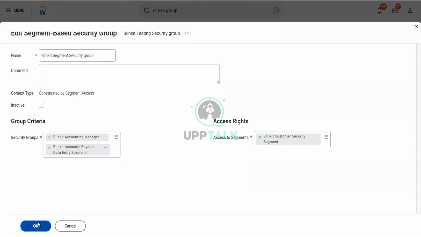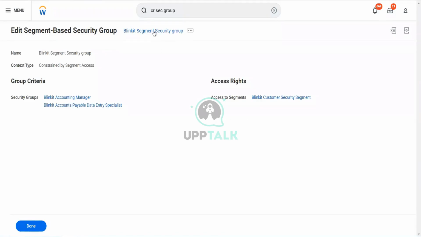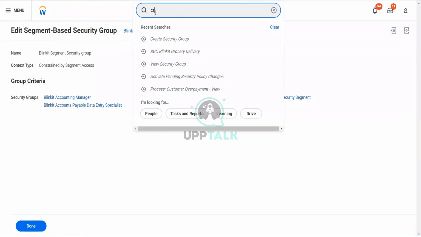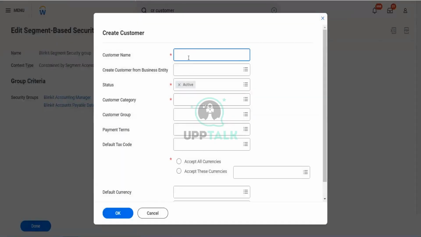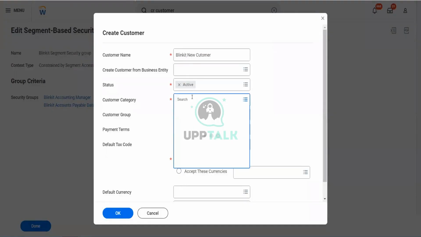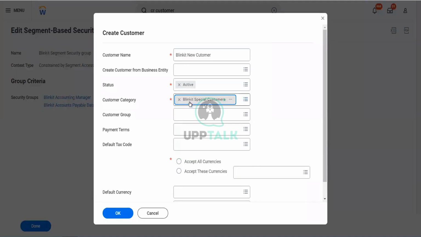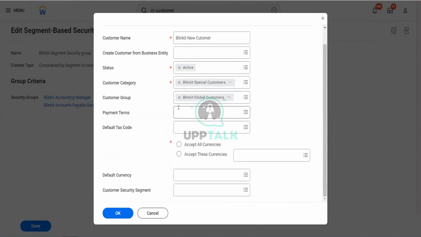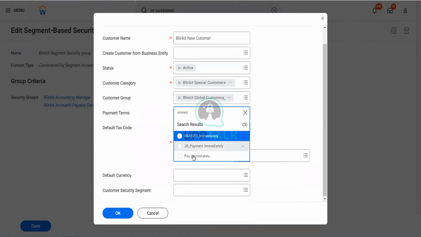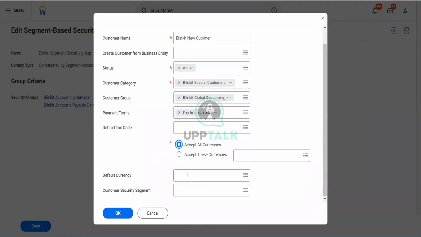Now how do I do that? I'll just hit here. Remember this. Second security group, I'll go to create customer. Link it, new customer. Customer category, link it. Customer is blanket. Payment terms is immediate. Accept appearances, default currency. Now in the security segment,